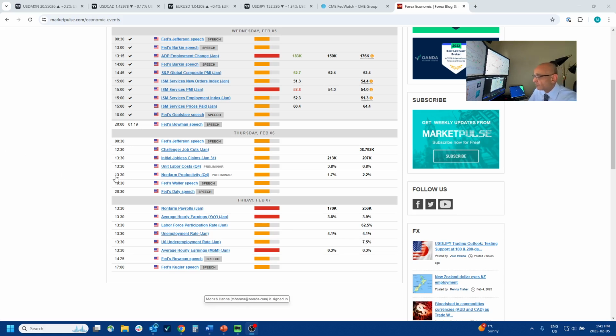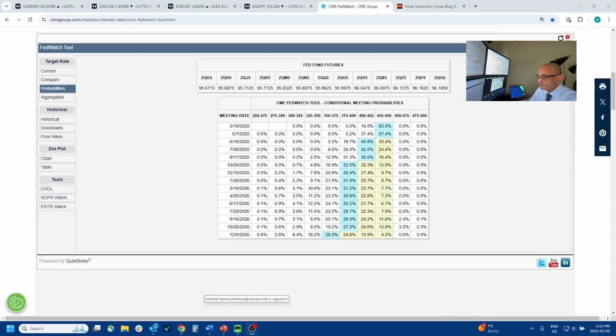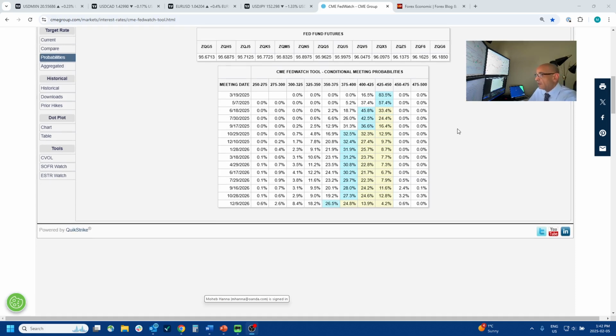Now we can look at the CME FedWatch tool and see the most recent updates following the tariff news and the released economic data. The overall market data remains solid in general. We have strong economic growth. We still have a strong job market, steady inflation rate, although it's low, however still higher than the Fed's target of 2%.